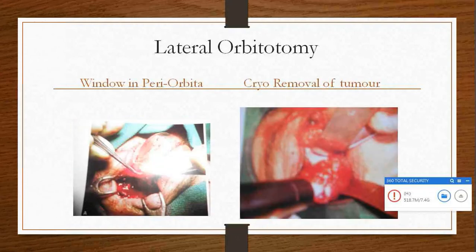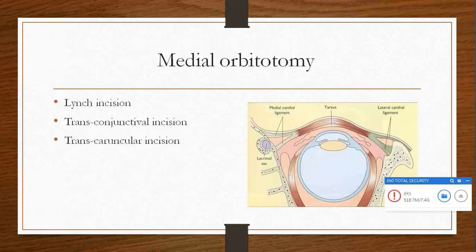Here in the live surgery, you can see after removal of the bone, the sister is retracting the skin flaps. Another assistant is retracting the globe. And you can see the tumor here, which by cryoprobe you can do blunt dissection and pull the tumor out. This is how you remove the intra-orbital tumor from the intraconal space.